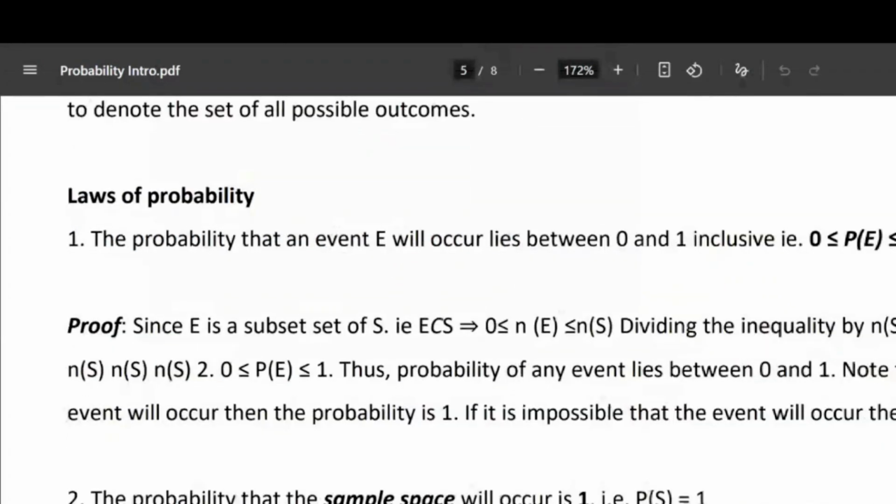The laws of probability. The first and foremost law of probability is that no probability is less than 0, and no probability